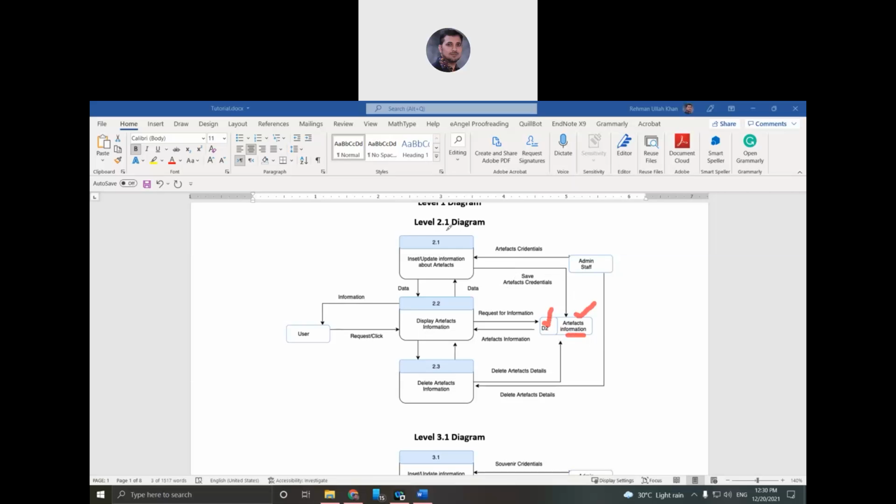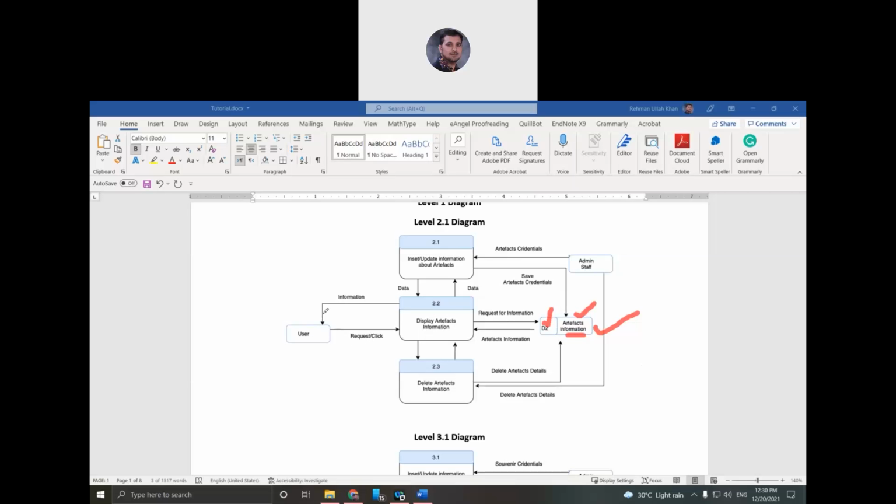Once all the artifacts information is stored in the database, the database is now populated and has full information, then it is capable of displaying information.